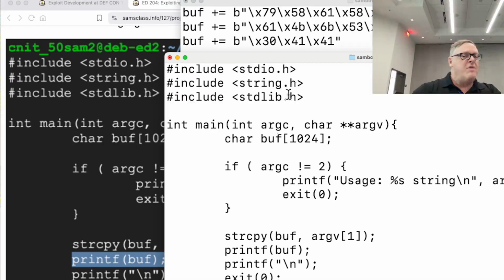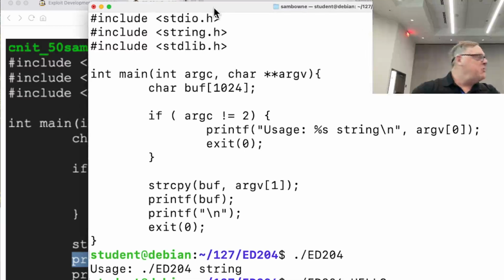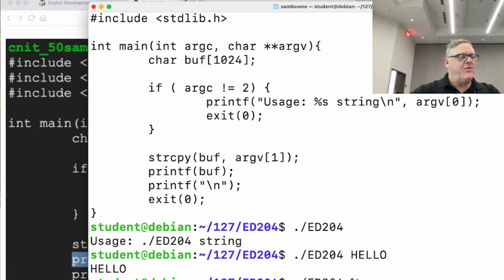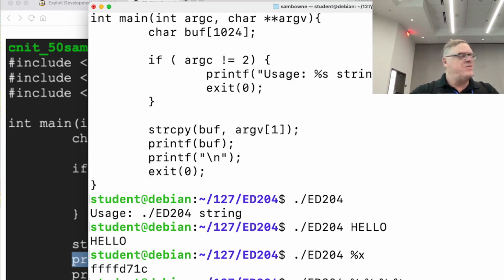I'm seeing raw memory. This, by the way, was what Heartbleed was. Heartbleed just let you see raw memory, and that turned out to be terribly important, because you would find stuff in there like other people's passwords, the private key for the server, and all sorts of good stuff. And you can have as many of these as you want, %x, %x, %x. You can have a whole bunch of it, and you can put in printable characters just like you could in any other format string. So you can have delimiters.